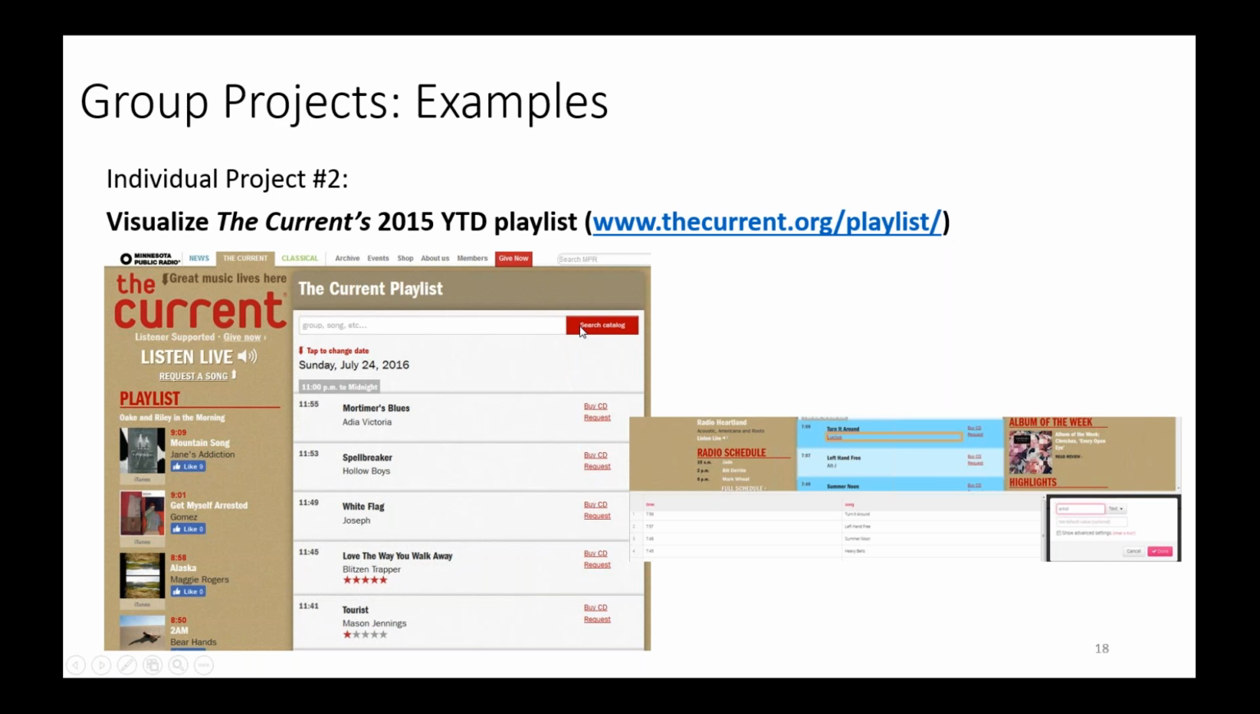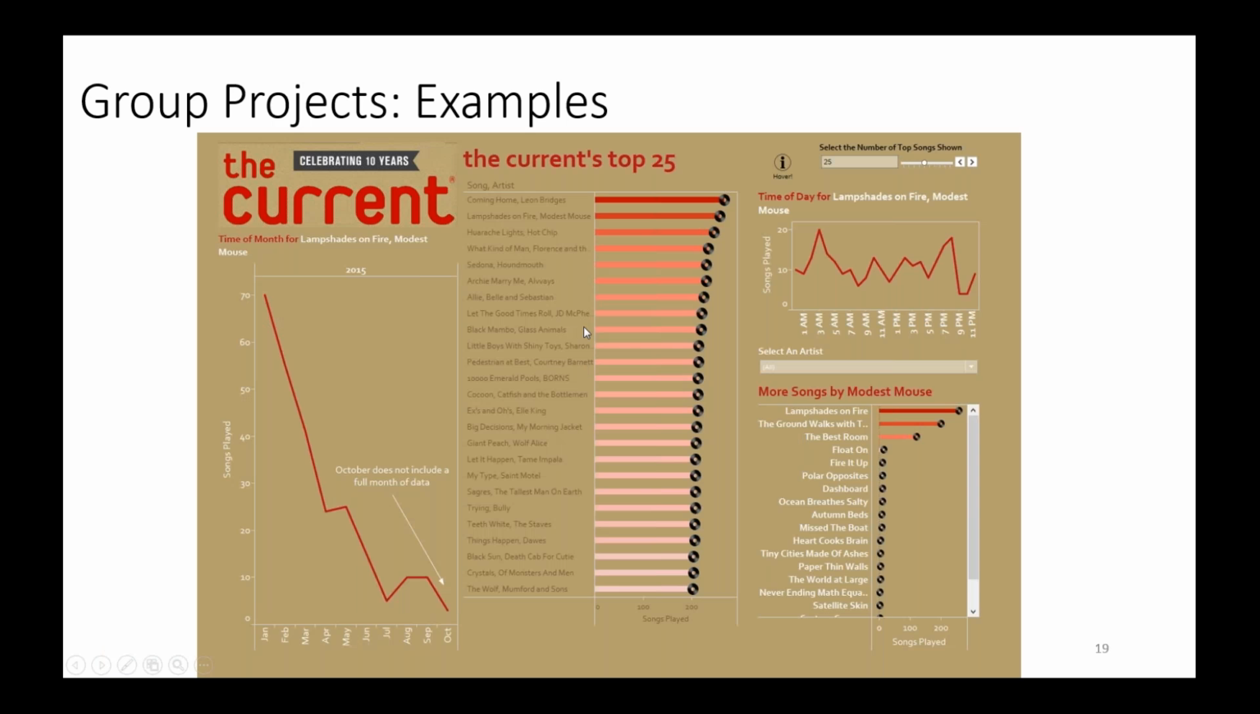We had to use rvest to actually go through and scrape the data and then turn that into a visualization that looks like this. This visualization allowed the user to filter by the top 25, or top 30, or top 40 songs, and then if you click on any one of these bars, so for example, this song Lampshades on Fire by the